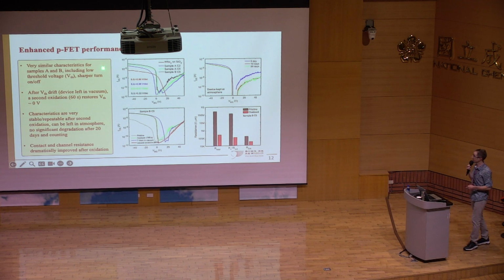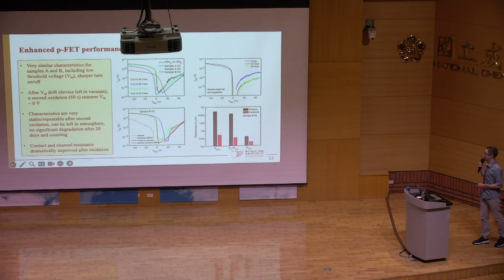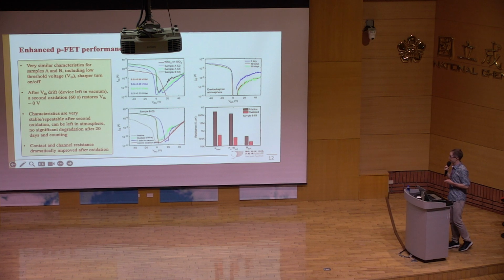Now, for comparison, we also measure a control device, which is just tungsten diselenide on a silicon dioxide wafer. We oxidize that sample, leave it for a day, and then come back and measure it, and it does turn off within our measurement range. And we find that the current has dropped, and we have a much shallower turn on. So none of those are particularly ideal. So this is just demonstrating, again, I guess, the power of our device. Now, interestingly,